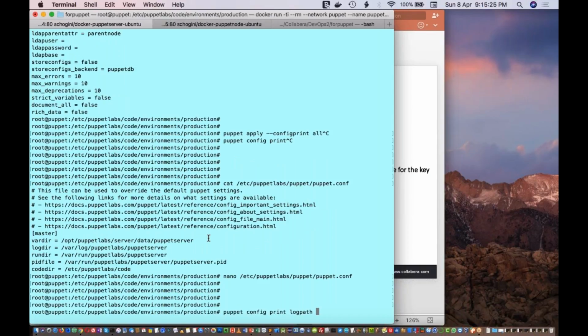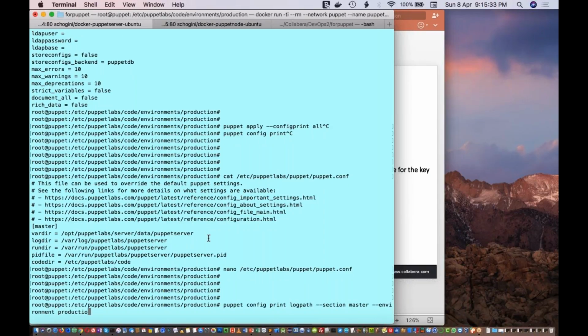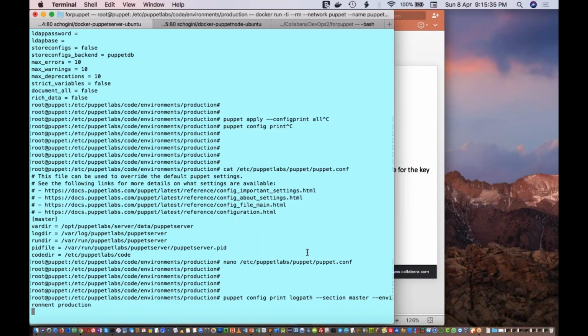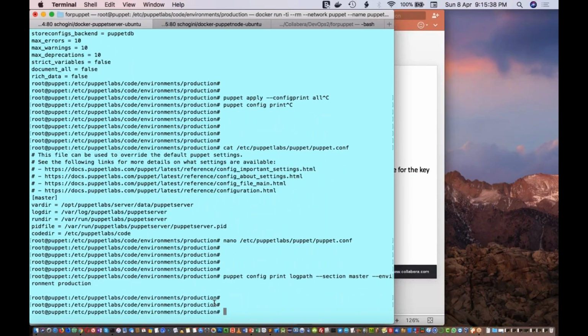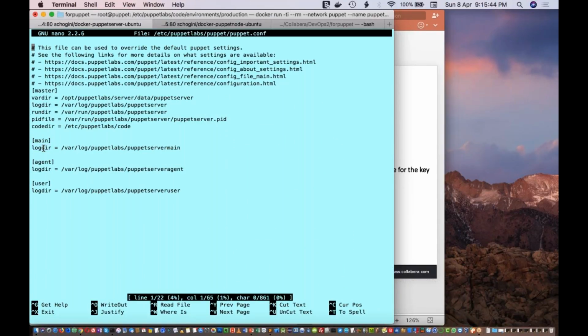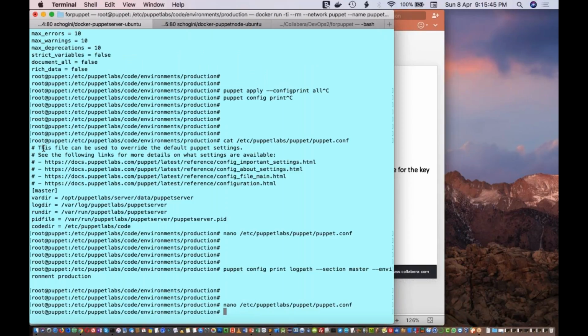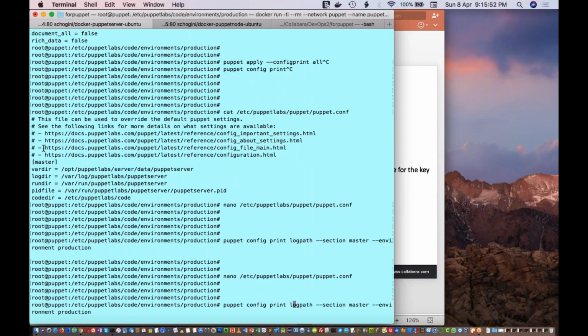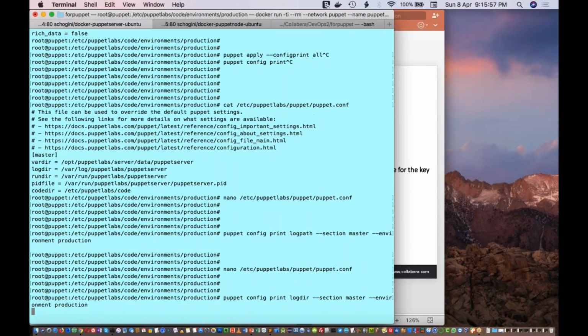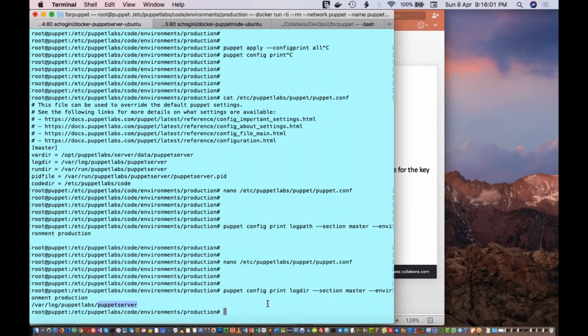So log directory minus section master followed by the environment name, like environment production. If you execute like this, you will get the value that you have specified in master section.